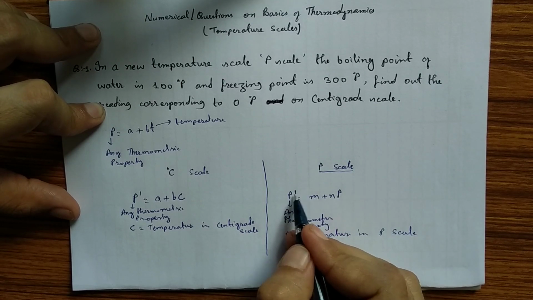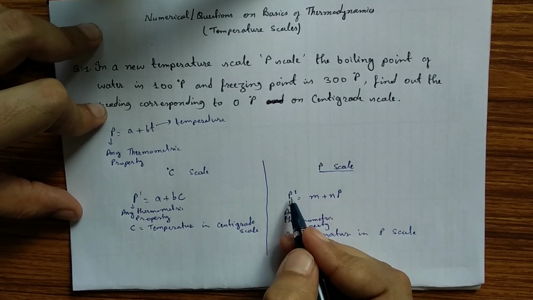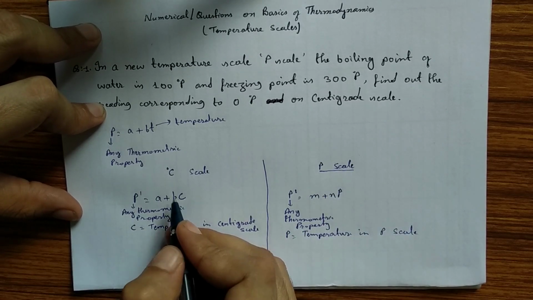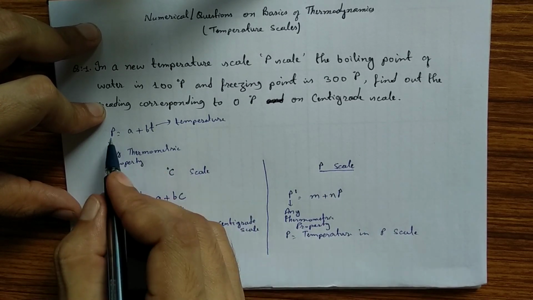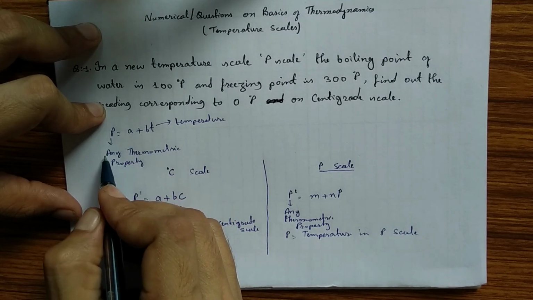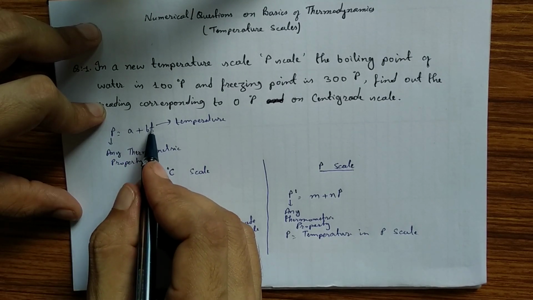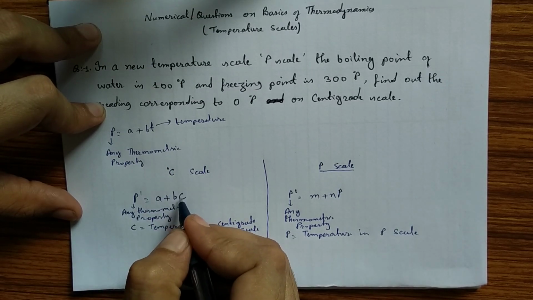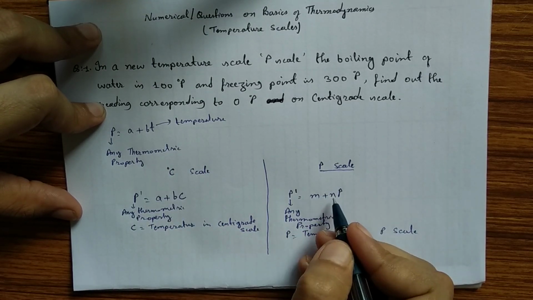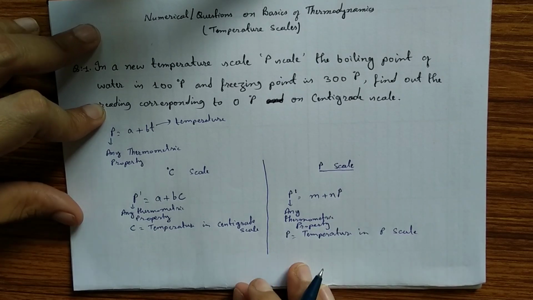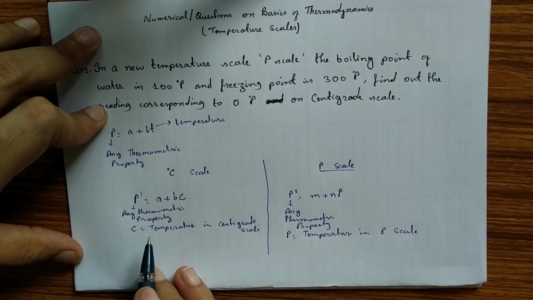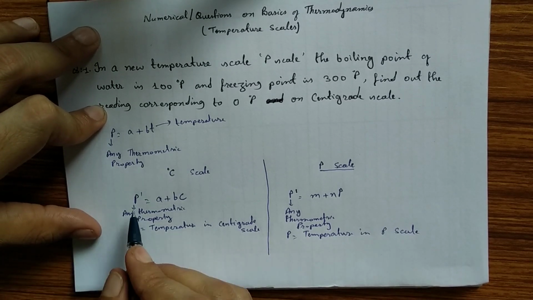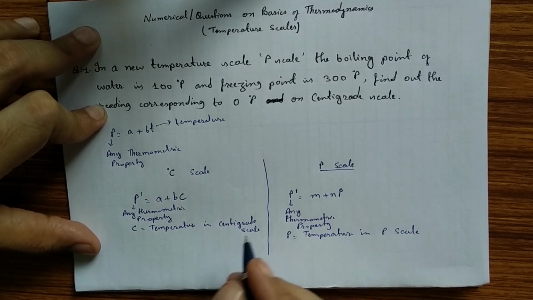So don't confuse this P dash with P. P dash is the thermometric property and P is the temperature in P scale, and C is the temperature in C scale. As we have seen, P equals A plus BT, where P is any thermometric property, A and B are constants, and T is temperature. In the centigrade scale we have denoted this temperature with C, and in the P scale we have denoted this temperature as P. So for a particular method and particular condition the thermometric property will be equal,